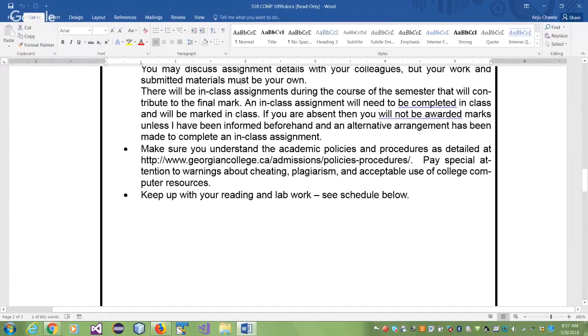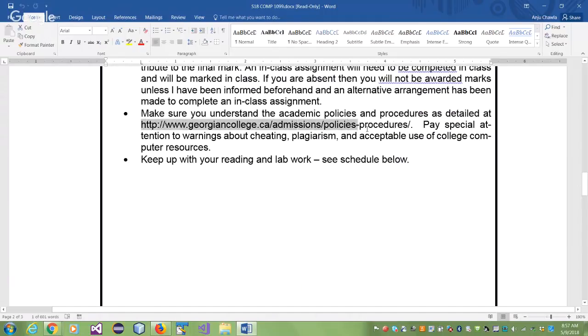Please be sure that you know and are aware of the policies about plagiarism in the college. It is taken very seriously, very seriously. Please do not help your friends in terms of giving your work, sharing your work, showing your answers, giving your output, nothing. You can answer questions, but you have to know your limit. You're not helping in doing the assignment, you're helping in understanding the assignment.